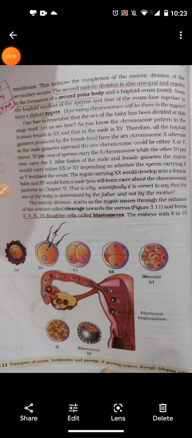Next we are going to study embryonic development. The development of the egg into a fully developed individual up to the time of birth inside the mother's body is called embryonic development. So I repeat once again, the development of the egg, starting from the egg into the fully developed individual up to the time of birth inside the mother's body, is said to be embryonic development.